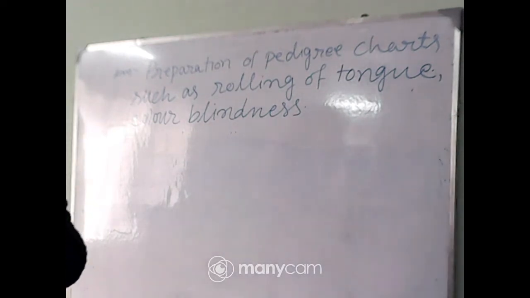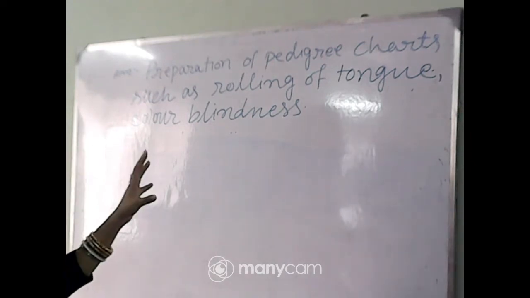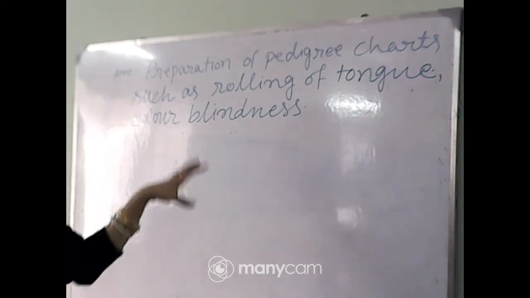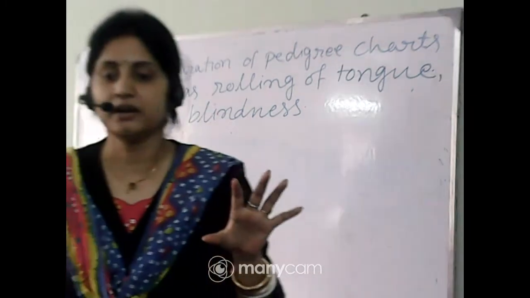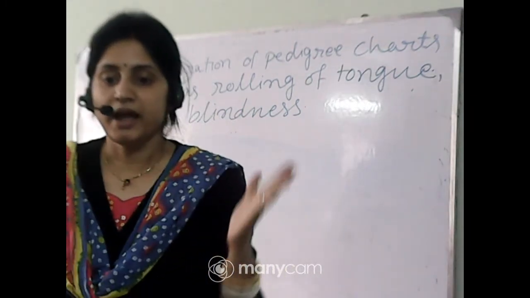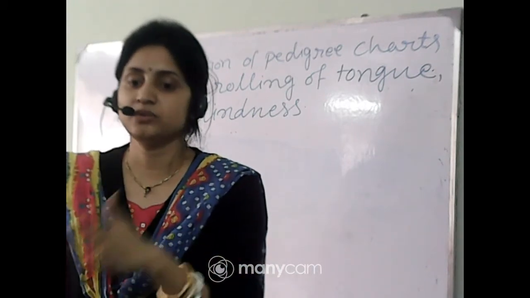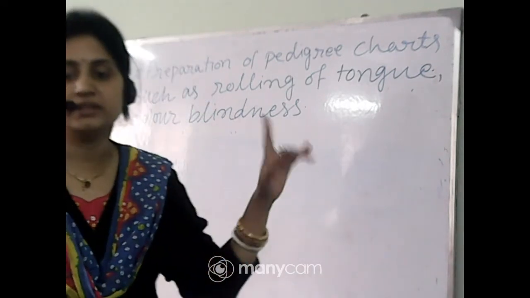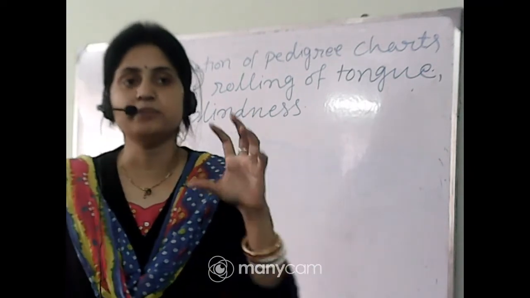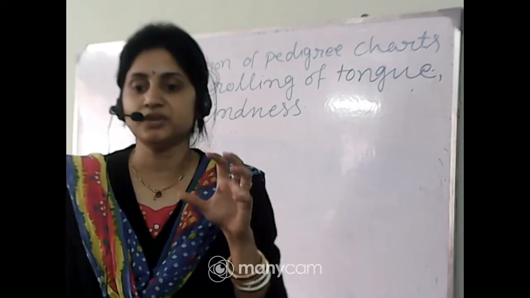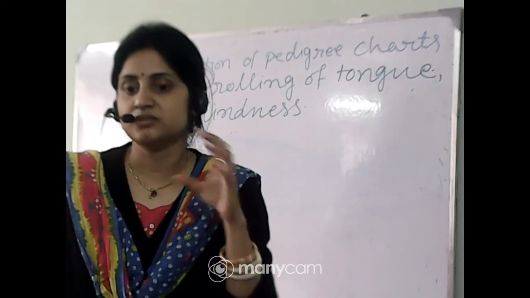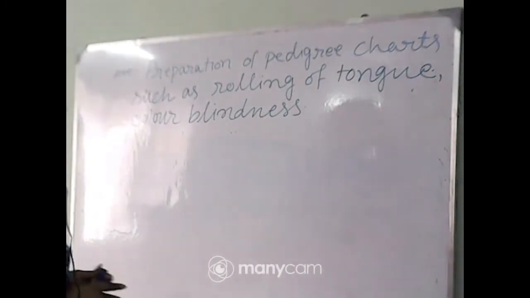So first, what is a pedigree? A pedigree is a diagrammatic chart of a family tree where genetic faults and genetic disorders are shown, and you can analyze them from this chart. If some genetic disorder is present in a family and is inherited from one generation to another, you can identify it by these pedigree charts. It shows the carriers or those who have the genetic disorders.